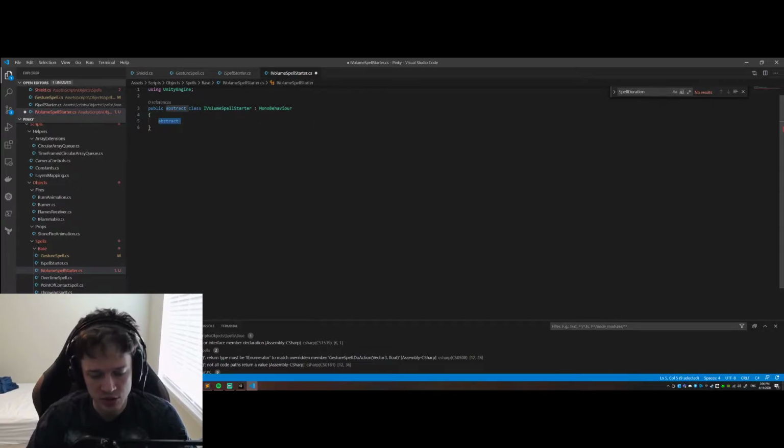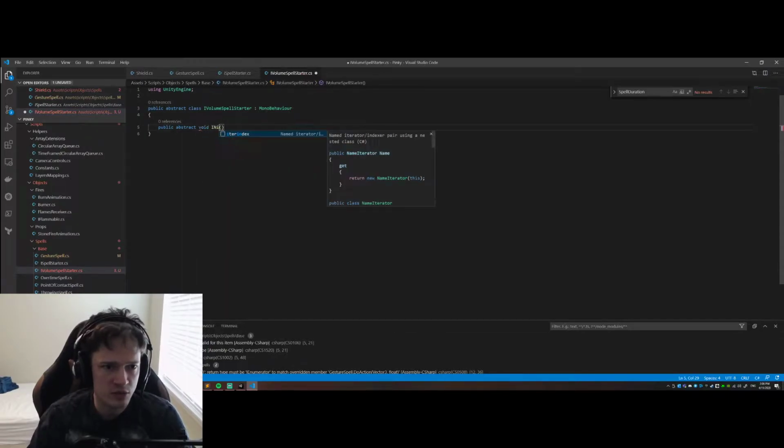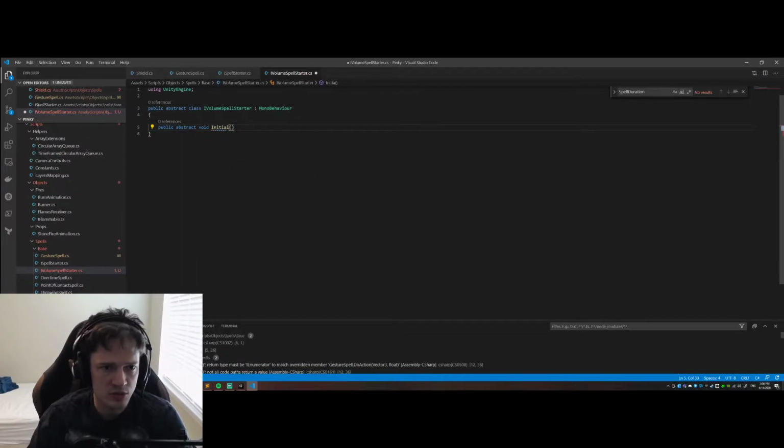So it will be a public abstract void initialize. It will take Vector3 position